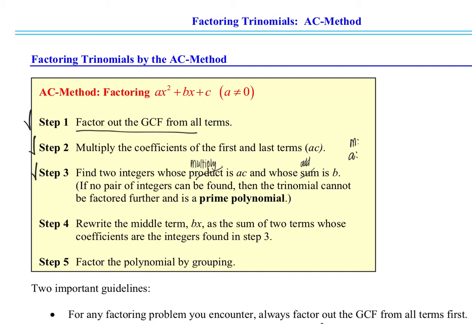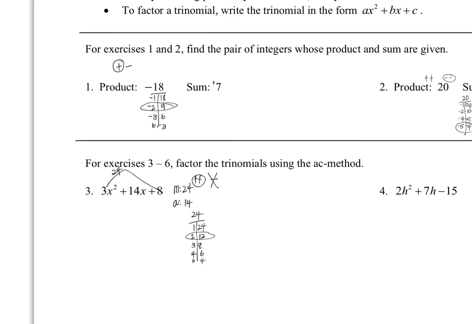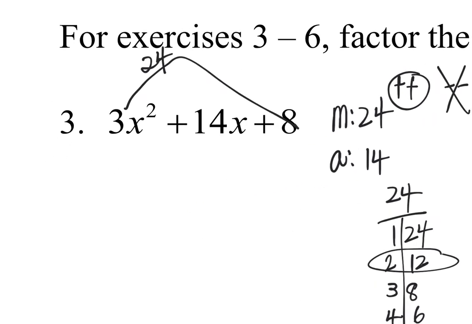Okay, step 4 is, in reading this, it's kind of weird to try to just read it and understand. Rewrite the middle term BX as the sum of two terms whose coefficients are the integers found in step 3. So basically what I'm doing is I'm going to rewrite the trinomial of 3x squared plus 14x, except I'm going to leave a space and not write 14x right there. I'm going to go ahead and write plus 8 on the end. And right here in the middle, where the 14x was, instead of writing 14x, I'm going to put plus 2x